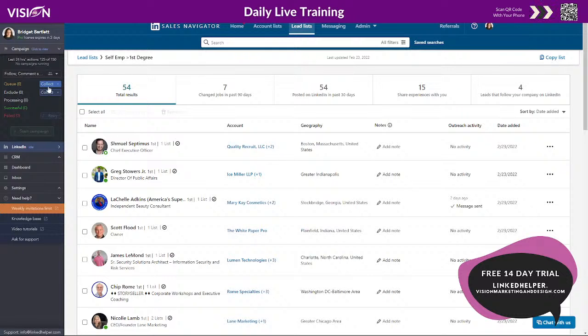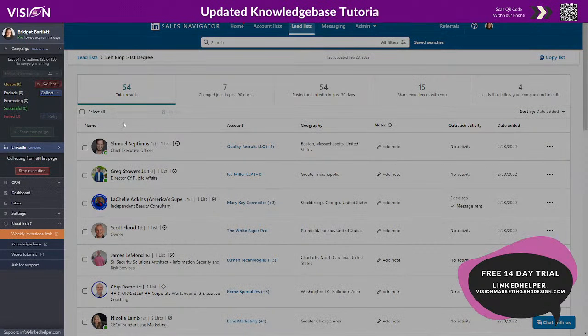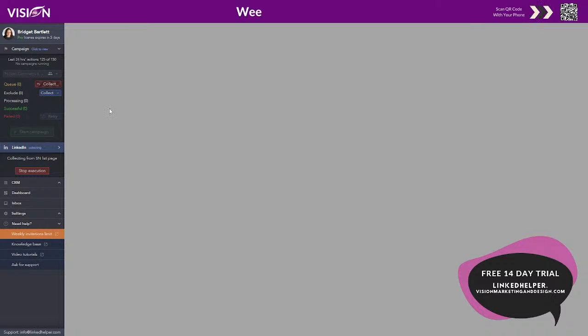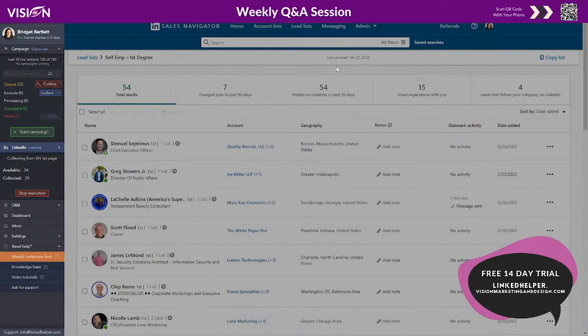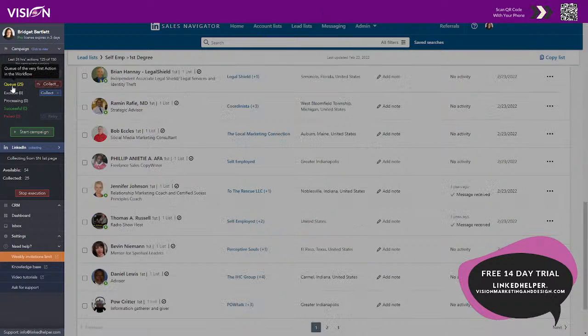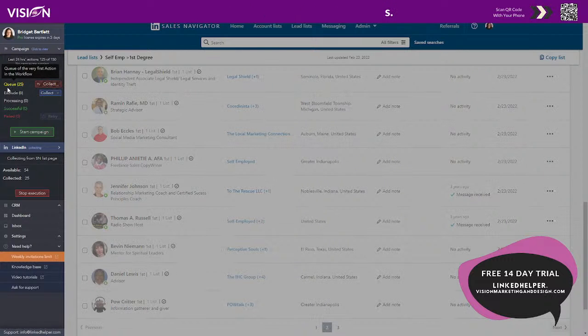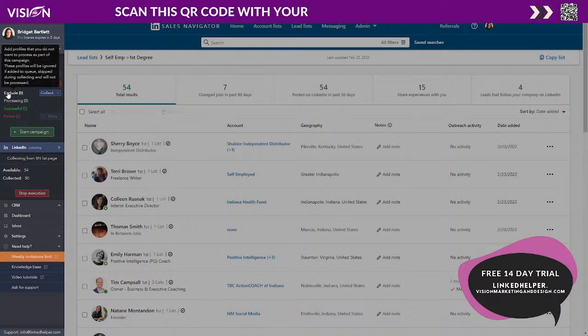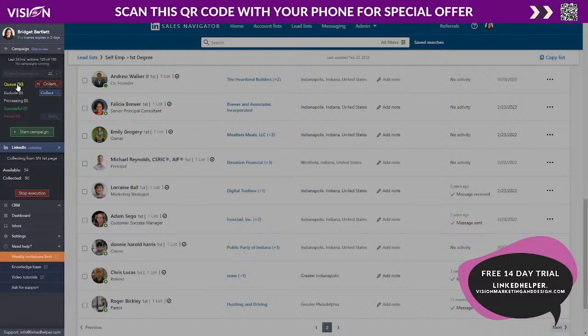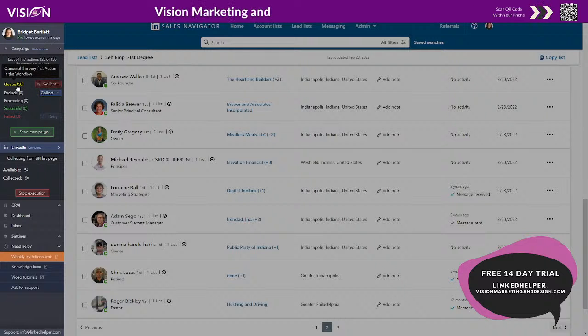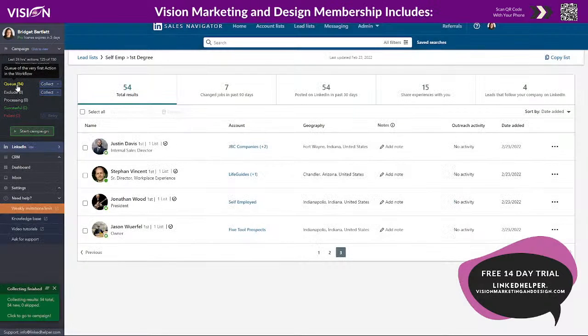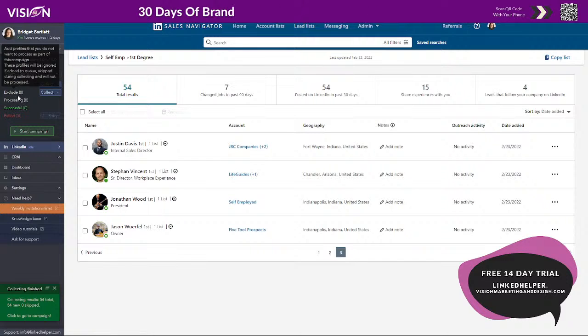So when I'm on this list, and I'm on the campaign that I want to use, I'm going to choose collect, and then I can choose from source or the current page that I'm on. So I'm just going to say from current page. And you can see as soon as I click that, now it is collecting all of the information. I already had 25 in the queue, so it's going through this list and collecting all of these contacts that I have here. Now it's adding to the queue. You see I'm already at 50 now. When it gets done adding all the contacts, it's already done.